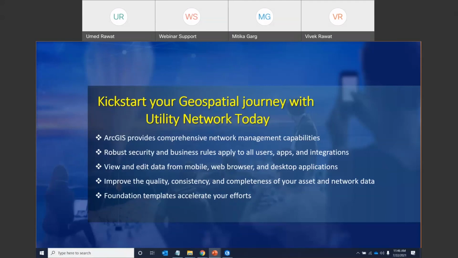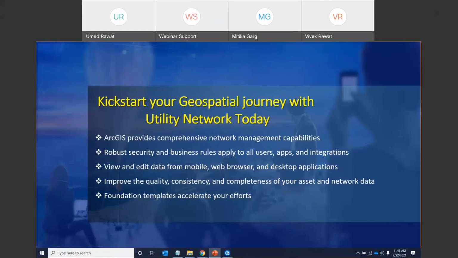Currently in Pro, everything is geoprocessing based. When you add partner solutions on top of that, they have built very specific custom solutions, so you need not build any custom tools and you can use them readily, and then you can also integrate with other systems.